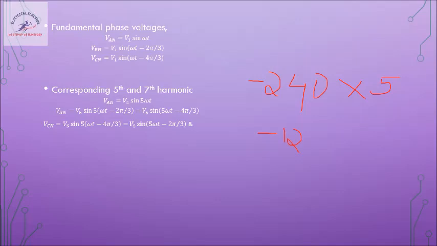1200. That is minus 1200 degrees. So now what we have to do? We have to go on adding 360 degrees. So try this with the help of a calculator. Go on adding 360 degrees till you get 240 or 120. So if you observe carefully using a calculator, the best thing we get here is minus 120 degrees, which is written as minus 2 pi by 3.